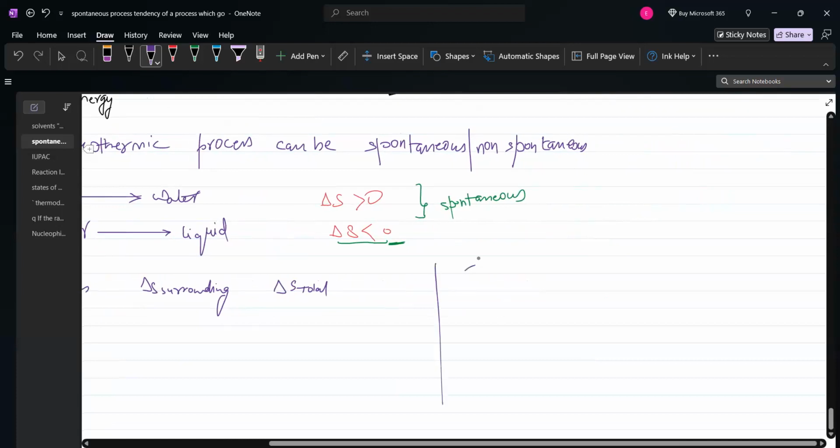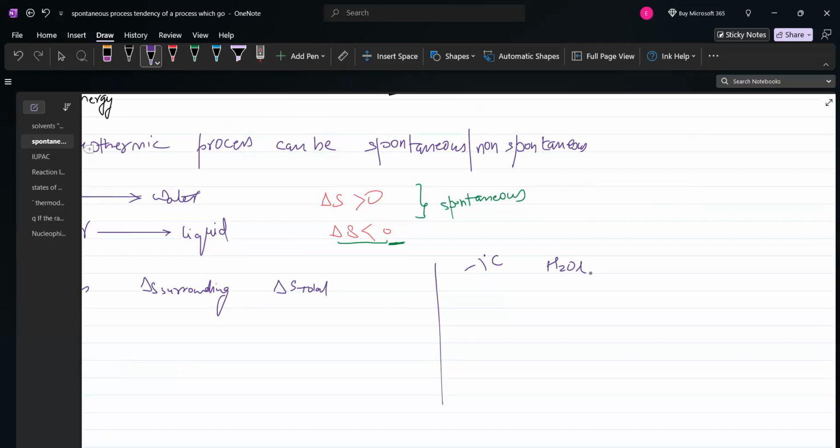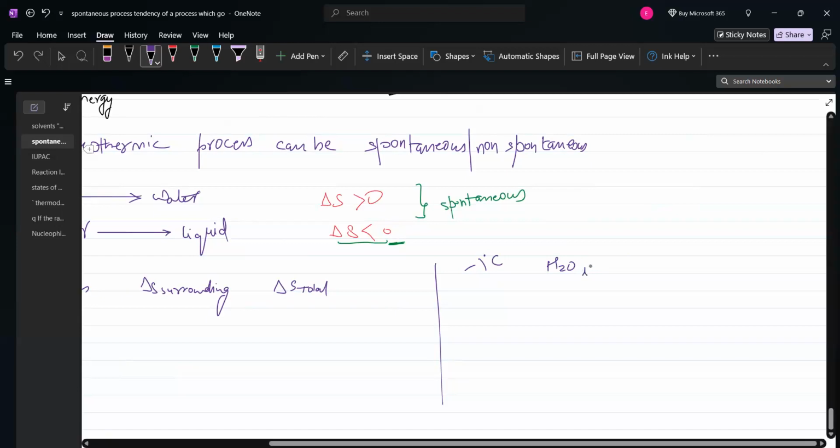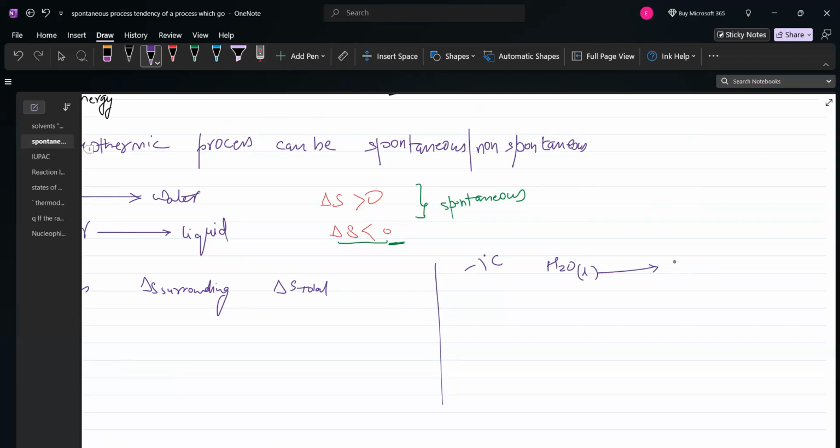Let's take an example at -1 degree Celsius. We have taken water. What will happen at -1 degree Celsius? What happened with water? Water will convert into